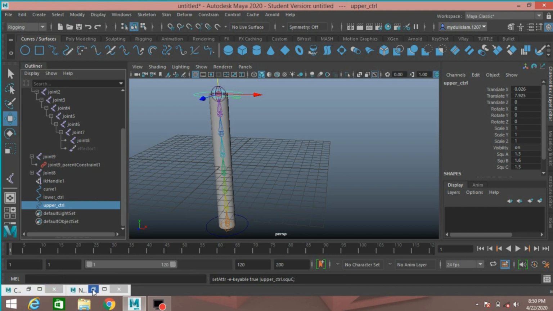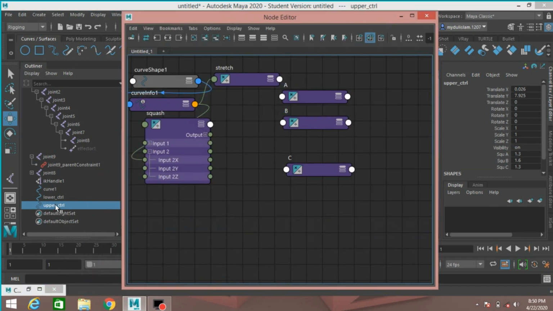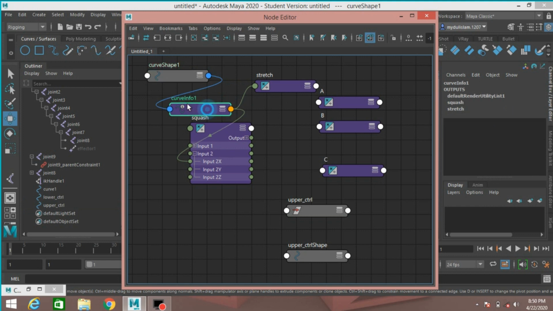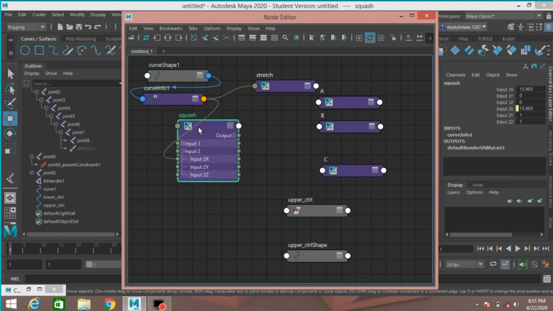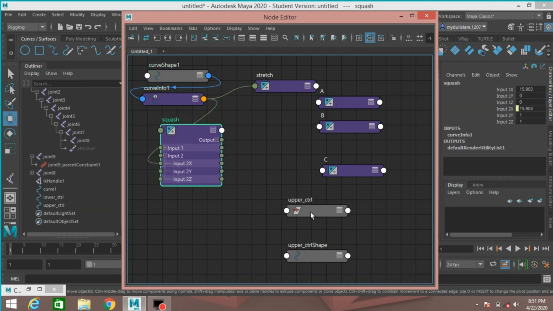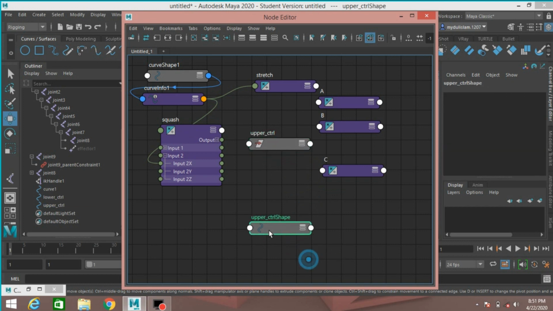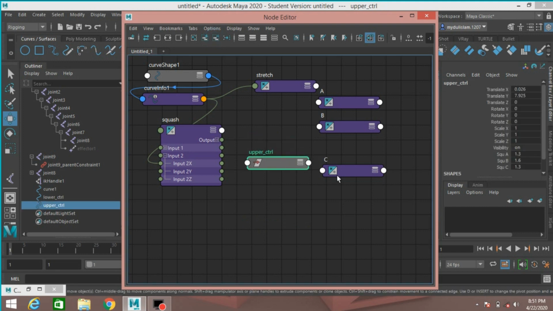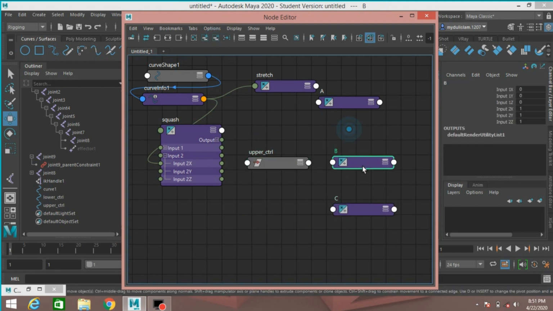and open node editor, select the upper controller, click add, move them just like this. Select the upper controller shape and remove from graph. Move it down.